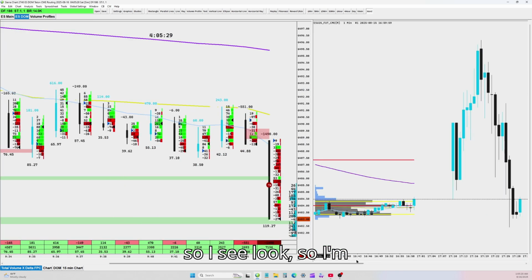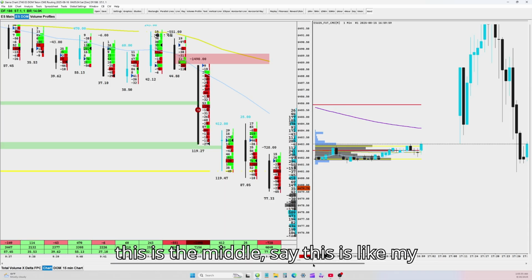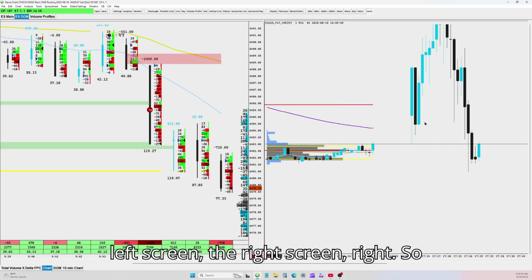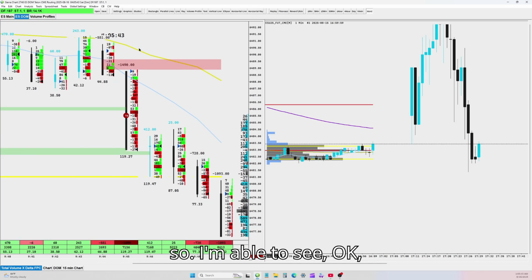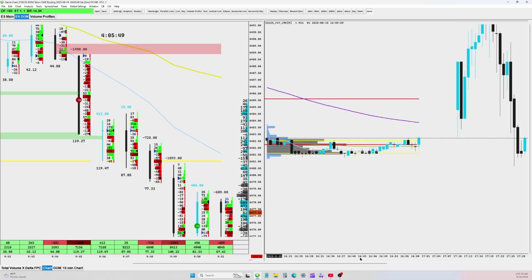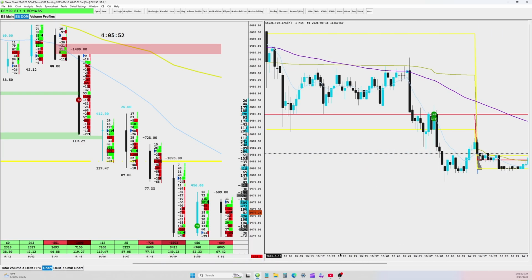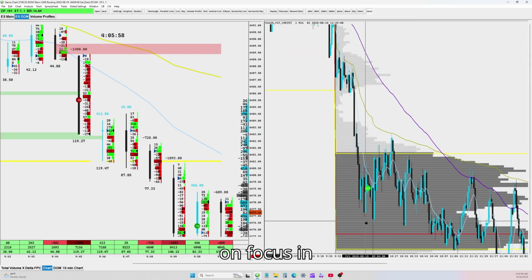Look, I'm able to say this is the middle, like my left screen and right screen, right? And then the DOM's somewhere over here. So I'm able to see what it's actually doing, and able to really